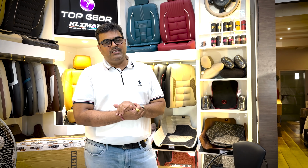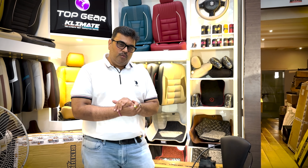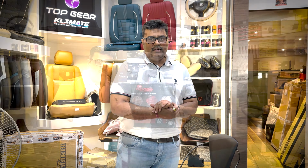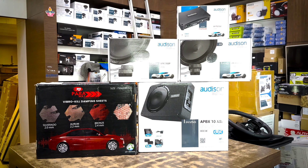Today we have got the most hot and trending vehicle, Maruti Jimny, in-house for the complete high-end audio upgrade. Along with the audio upgrade, friends, we have done a few good modifications like seat covers, the mats, the projector fog lamps and others. Starting with the audio profile, we have made a complete active setup in this car where